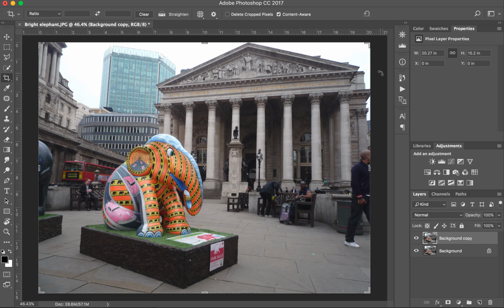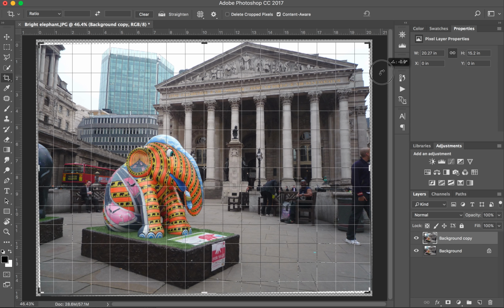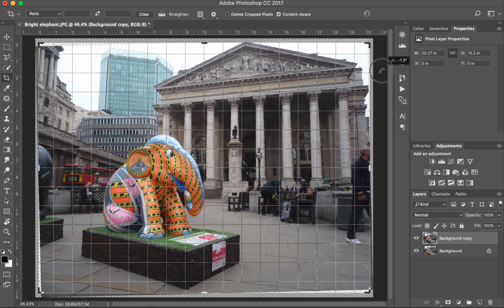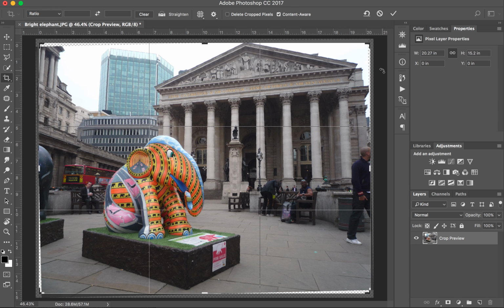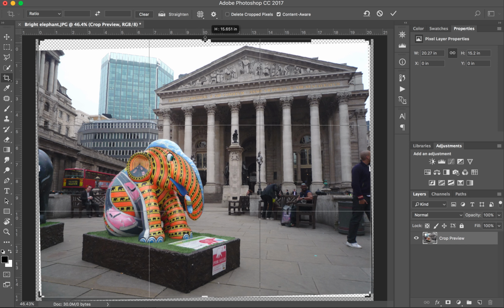When I move the mouse cursor outside the picture, I get this two-headed arrow, which means it's ready for me to straighten. And when I press the button, I get the grid. So by eye, I'm just trying to align the picture with the grid. Now, I don't want to lose the top of this building, but using the content-aware crop, which I have in this version of Photoshop